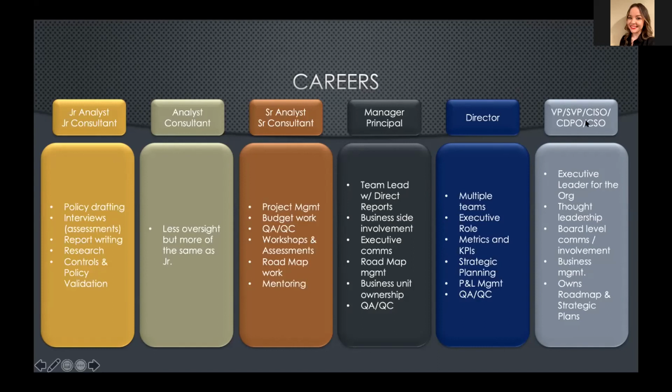And then obviously once you're at the VP and the C level, you're in charge, you own everything. You're the one talking to the board about why they need to be doing security and whatnot. You're the one that needs to be taking the metrics that your directors are giving you and presenting them. You own the strategy, the roadmap, all the planning, a lot of times the decision making, big head honcho. It's pretty obvious stuff.